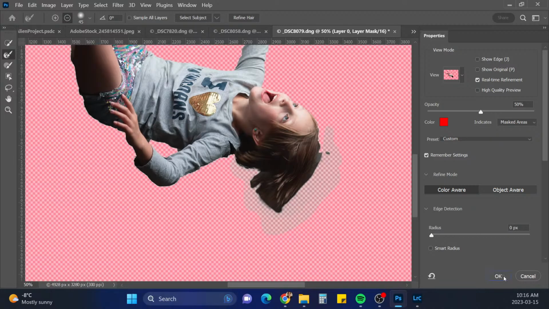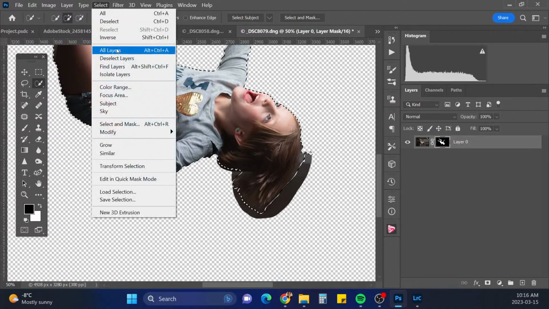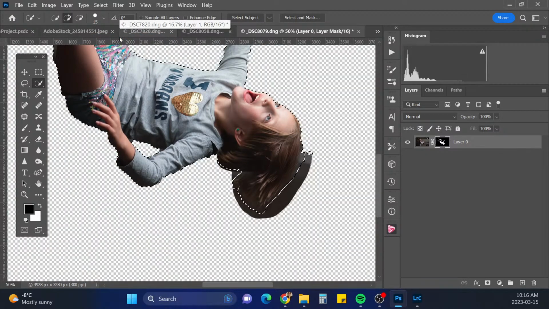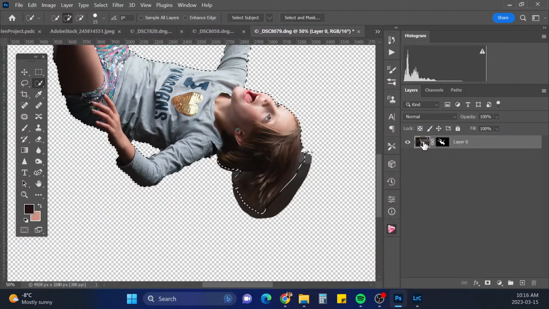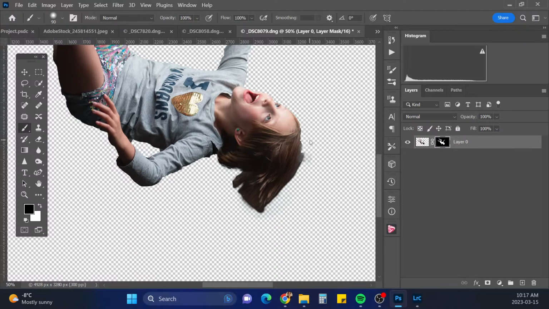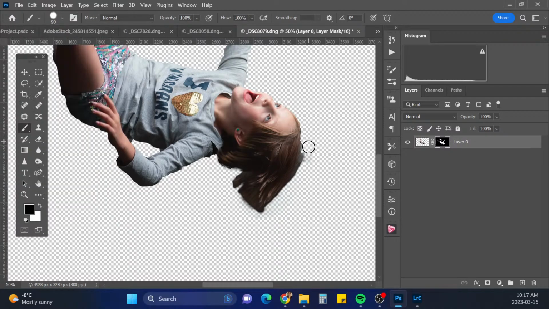Okay. Ah, whoopsie. Okay. We'll clean up this mask a little bit here. Oops. With my brush. So on the black, hard black brush. Cleanse that.